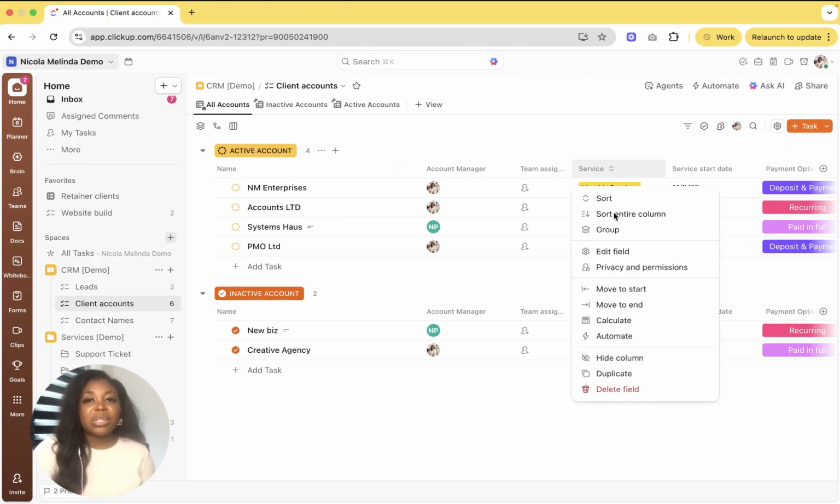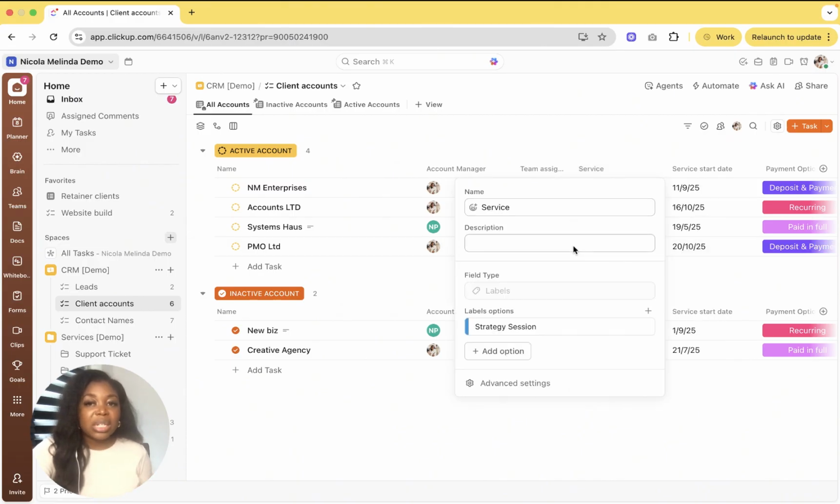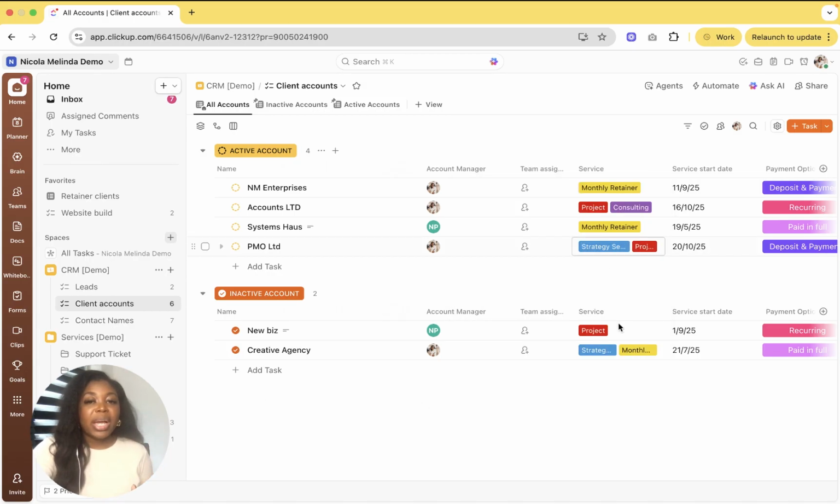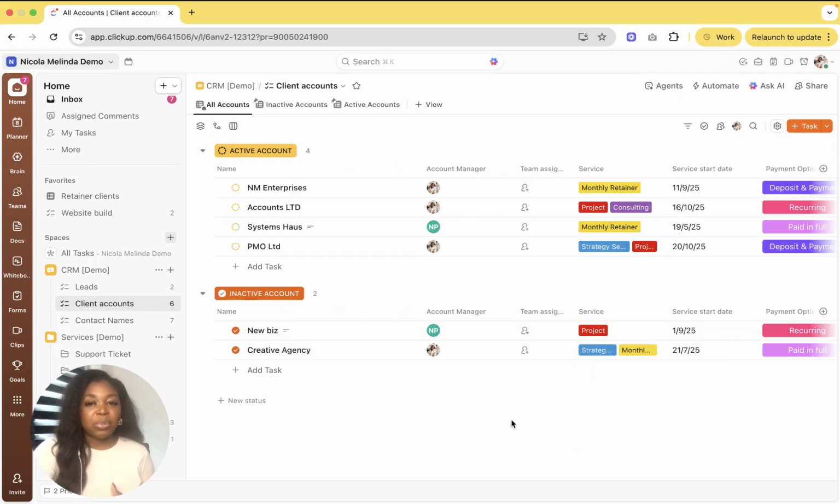So in this case, we've got a label field in place and we have all of the services listed. We can always add to it or remove any labels or rename them. But these are the labels that are applied, and then we can simply apply those. So if this project client now decides to come back on board as a consulting client, then I can put them as an active client, an active account, and then I can tag them or add a label to them with a consulting label,